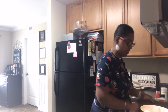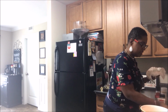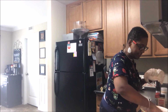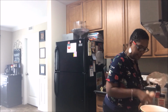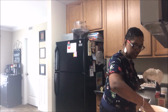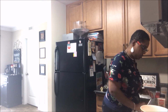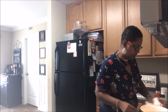So I'm going to put it out on just this one tray so I can make sure that I get it all dried off, because we're going to have to dust these in some baking powder. I just want to make sure that I get them as dry as they can possibly be, so that again they get nice and crispy in the oven. I have my oven on 425 degrees. These will go in for about 50 minutes. So I'm just getting them all patted dry, and this is just according to the